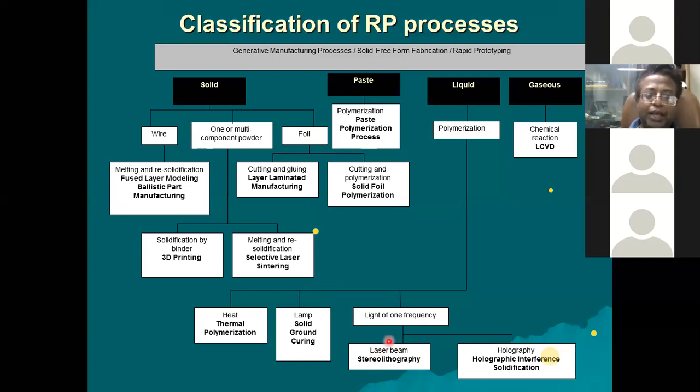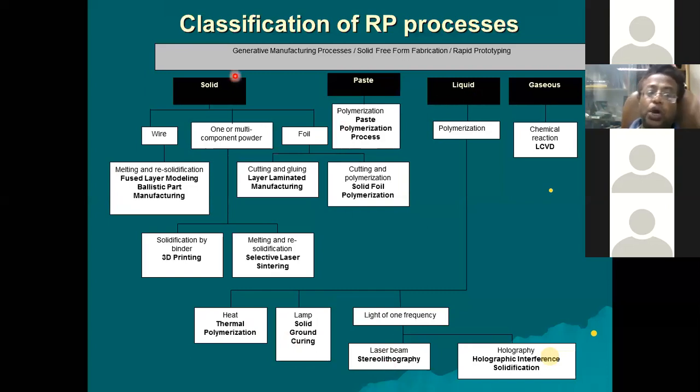Other than this, there may be heat polymerization, where instead of laser you apply some heat and make the liquid turn to solid. In solid ground curing, you can use a UV lamp instead of a laser beam. That is if we are using liquid as raw material.